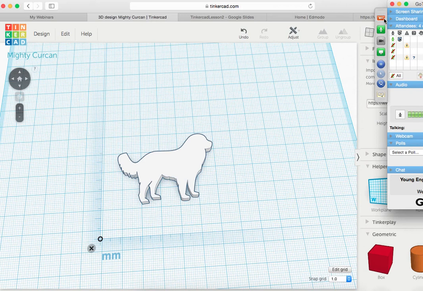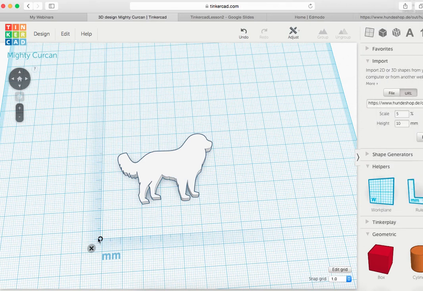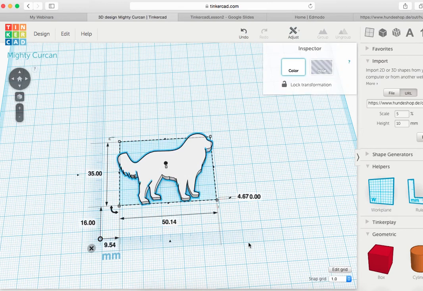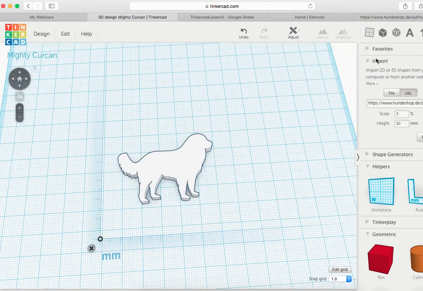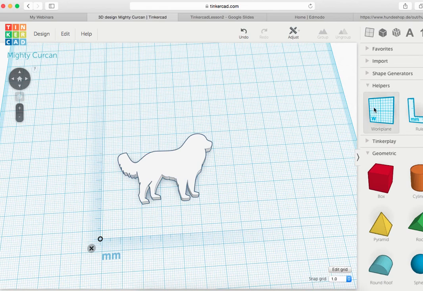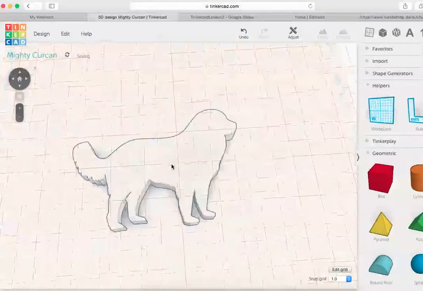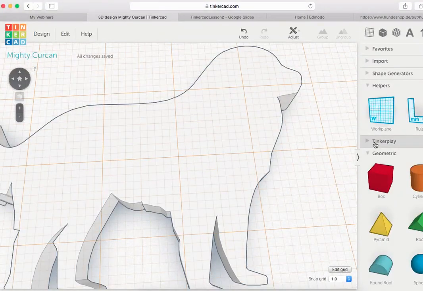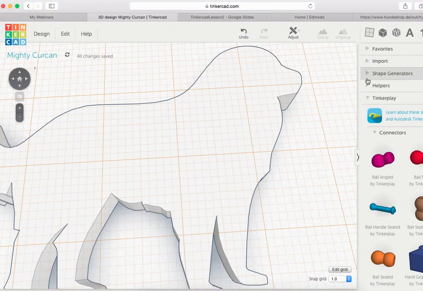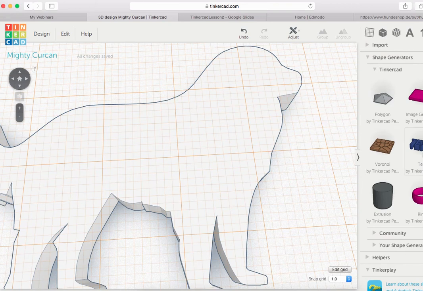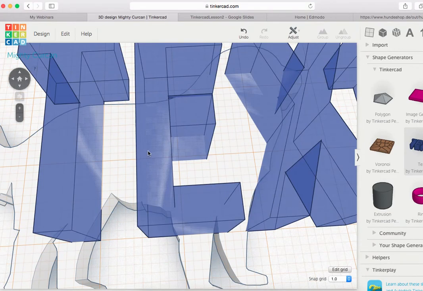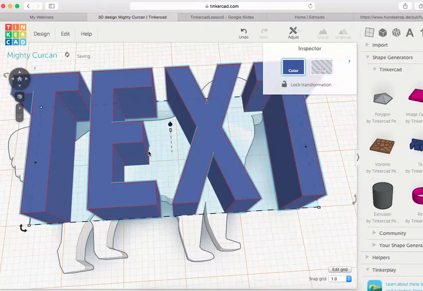Okay, eyes on my screen for a moment. Make sure that you drag a ruler on there so you can make sure that it's under the limit. And I want to show one more cool thing. If you drag the work plane on top of your shape, you can use what's called the shape generators. Under Shape Generators in Tinkercad, there's one called Text. And this can be really nice because